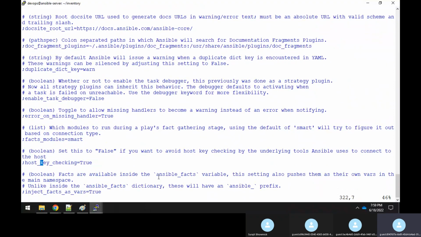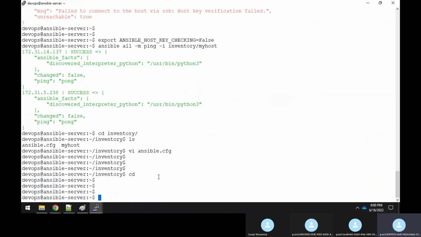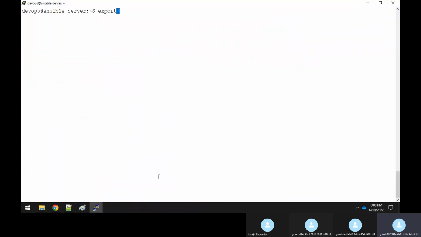Here you have to disable it, and you have to make it false. But you have to do a few things. First I will unset the variable. I will unset this variable, and then what I have to do is export